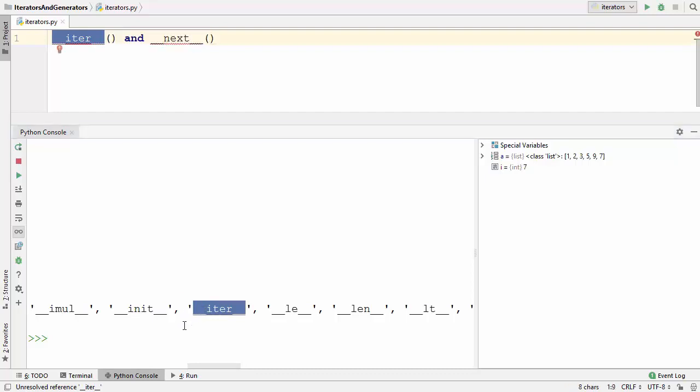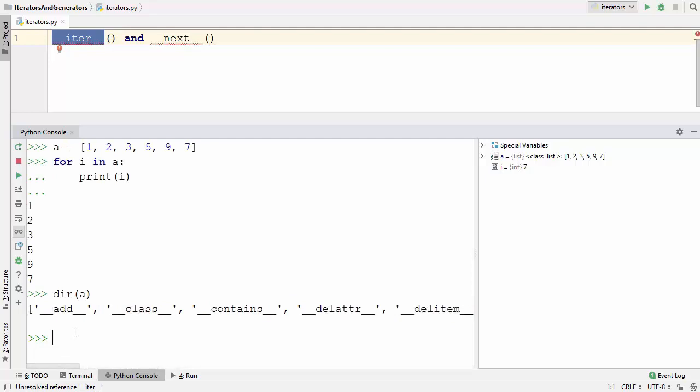So all these collections like lists or dictionaries or tuples have this __iter__ method, and we can call this __iter__ method to get the object of the iterator, and we can call this __iter__ method using a special function called iter without underscores in front and back of it. So let me just show you what I'm saying.